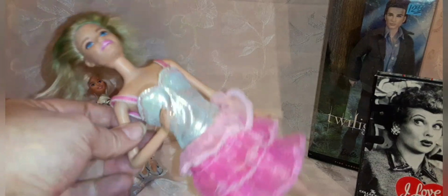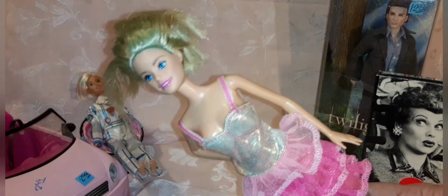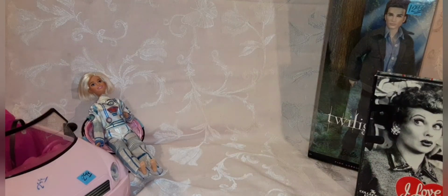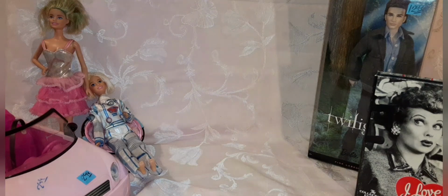But yeah, this dress doesn't fit her like it should, but it is a really nice dress, as far as that goes. It's kind of tattered looking because it needs a good wash and stuff, but that's not anything I haven't dealt with before. So I'm gonna definitely fix this poor baby up, this poor Millie. Another flat-footed girl though, dang it. Not what I exactly wanted, but